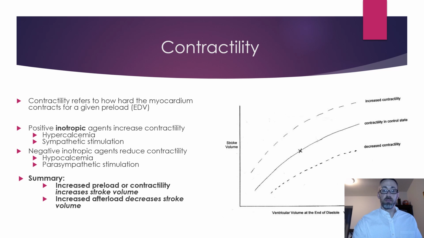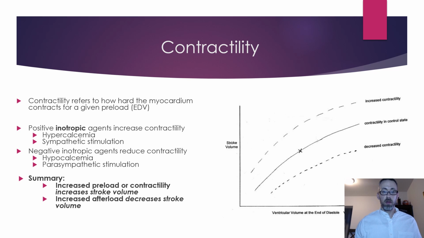So the technical term for that is something we call positive inotropy. Inotropy is referring to how hard it's contracting. Chronotropy, which is what I talked about earlier, that's the timing. That's like the heart rate. Inotropy has to do with contraction. So a positive inotropic agent, or a medication or a hormone or something like that, will increase the contractility of